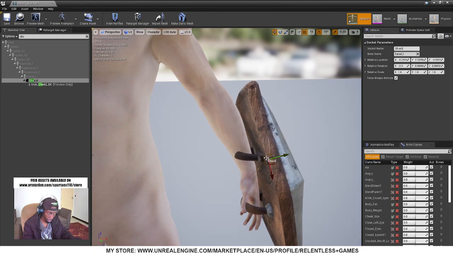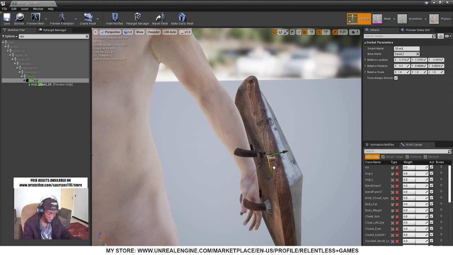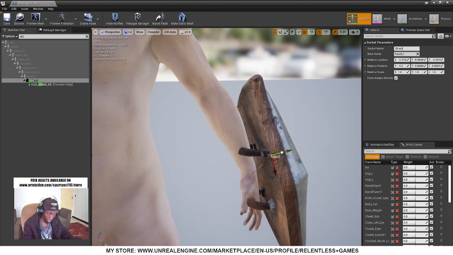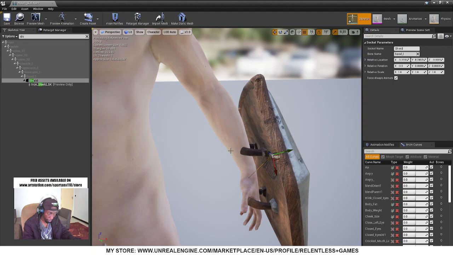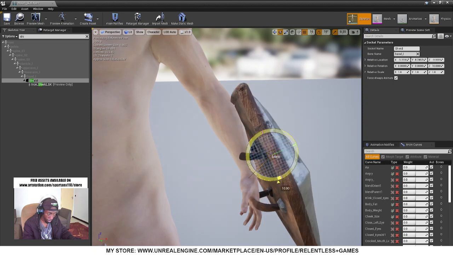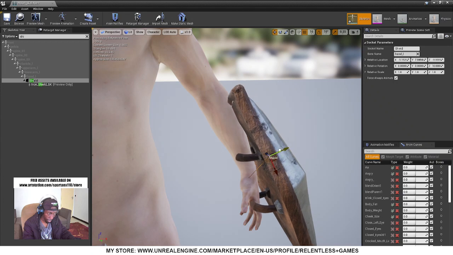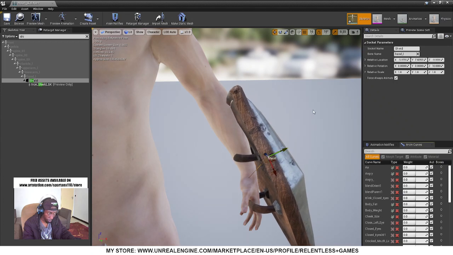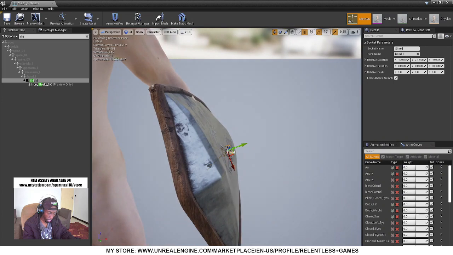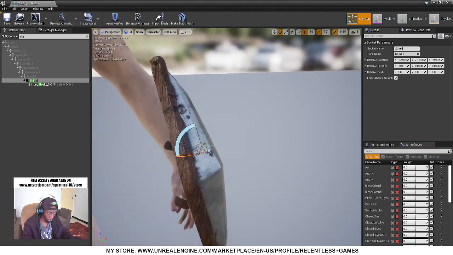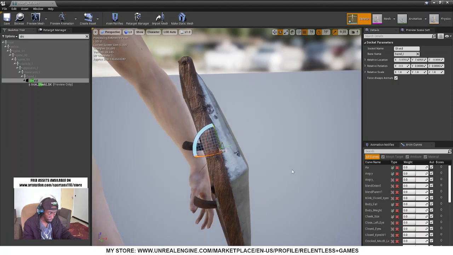So as you can see, it doesn't fit in there perfectly. The bottom half is supposed to be held by his hand, and this is supposed to be around his wrist. I could try adjusting it, but the more we adjust it, the worse it gets, as far as I can tell, because of the clipping. So anyway, we can have it like this, because